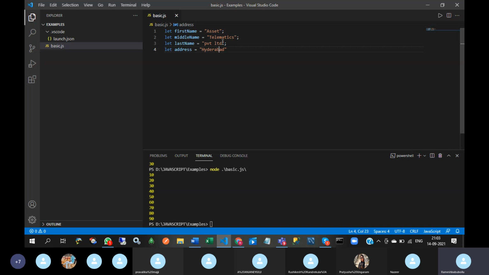Okay, so Asset Telematics Private Limited, Hyderabad.